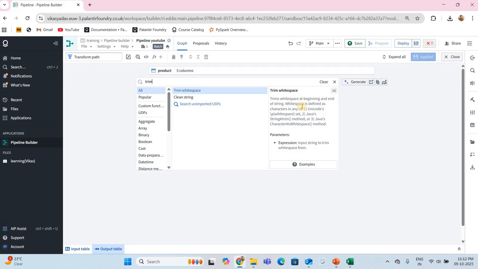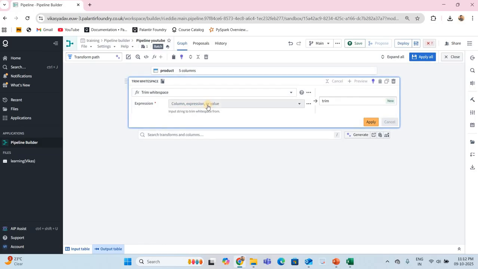I can go fast, but I am not trying to go very fast. I'll take time and explain all the things. So we are clicking over here, trim. What column does it have? Now we have selected. This is the built-in PySpark. We have options provided in the background; the coding has been done.